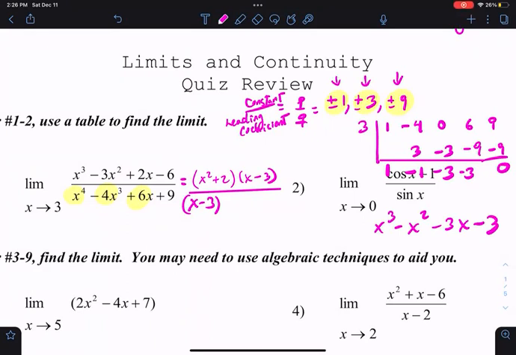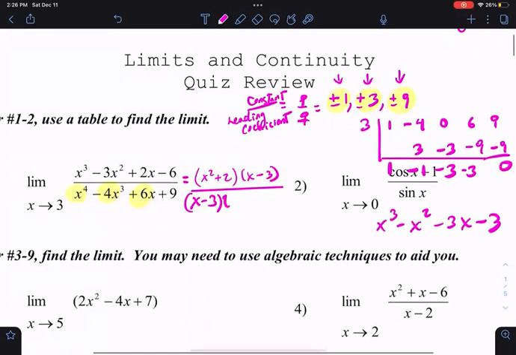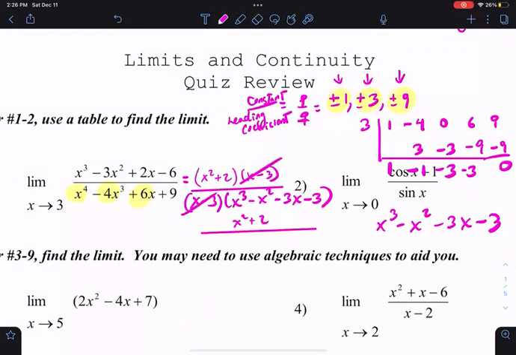And if you do the rational root theorem again, it's not going to work out. So you have to plug in here x cubed minus x squared minus 3x minus 3, right? So you can see that these cancel. So you get x squared plus 2 over x cubed minus x squared minus 3x minus 3. So if you evaluate the limit as x equals 3 and you plug that in, you should get,